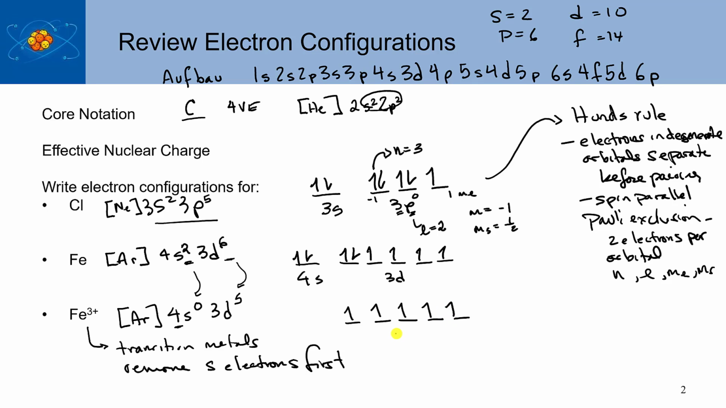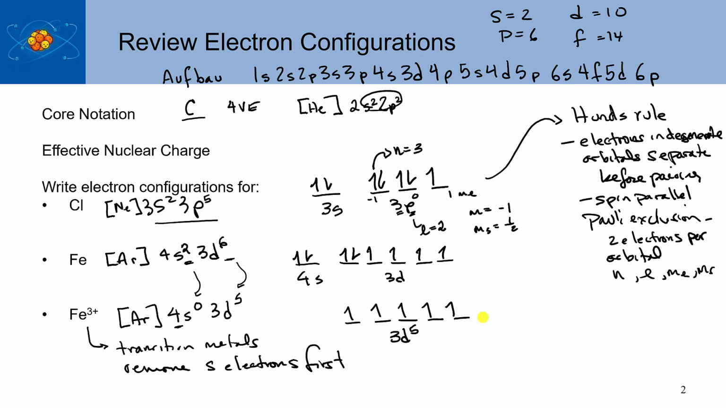Because I get rid of the 4s, and I'm left with 3d5. Okay. And it has 5 unpaired electrons. Okay, so that's kind of our review of electron configurations and core notation. Hopefully that'll help us make sense when I start talking about numbers of unpaired electrons and how it affects the